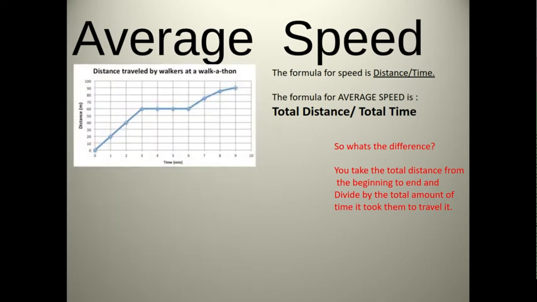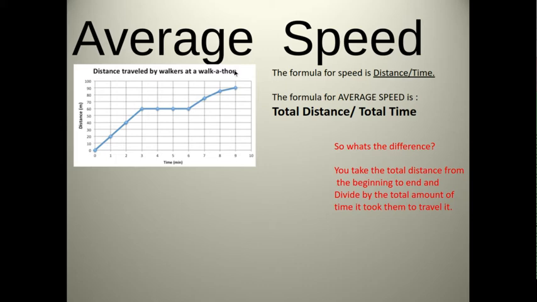Let's take a look at this graph. Here is a distance-time graph. You see the distance over here, the time here, and the blue line represents the speed at which the walkers are traveling in their walkathon. If I want to know what the average speed was for the walker in this walkathon, I would take the total distance that the walker walked, which was 90 meters, and divide it by the total time it took that walker to walk the 90 meters, which was 9